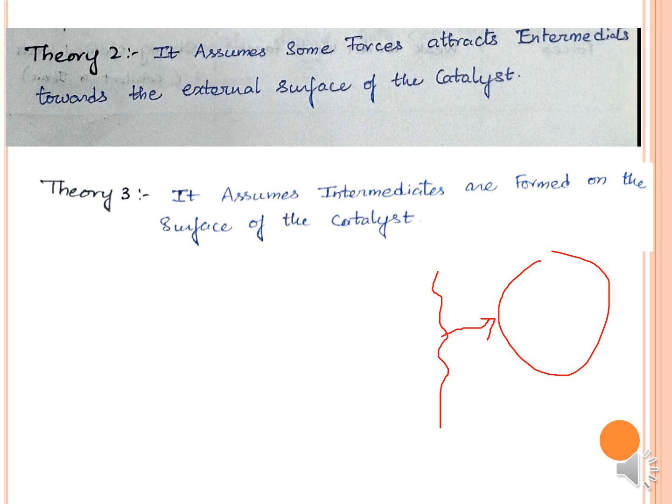Theory 3 assumes intermediates are formed on the surface of the catalyst. These are the three different theories which tell about the action of the catalyst. This is for today's